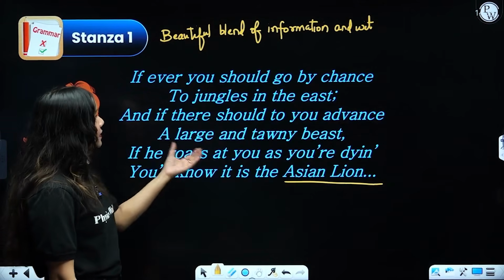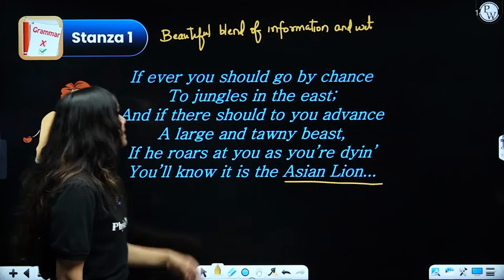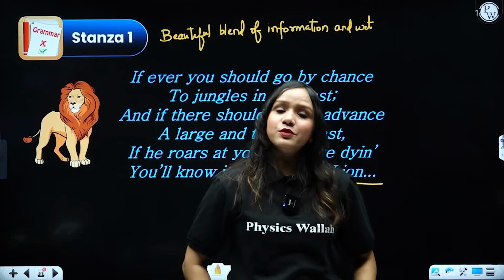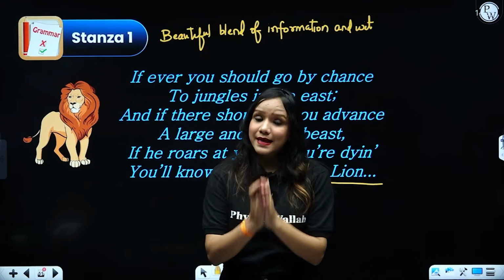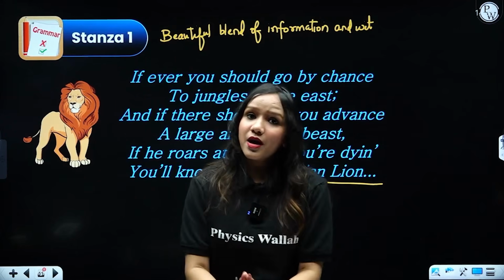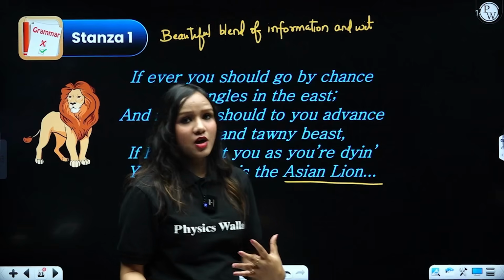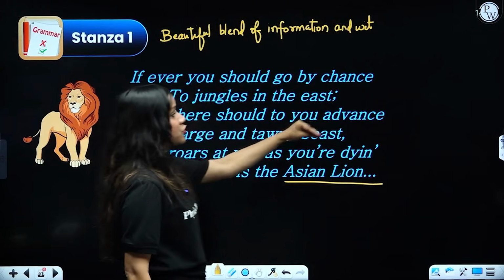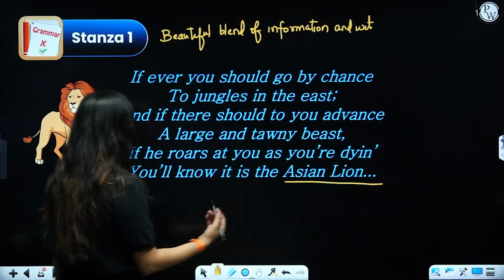right? So let's just look at the very first line. If ever you should go by chance to the jungles in the east. So the poem opens with a beautiful description of the Asian lion and just tells the reader, if by any chance you happen to visit the jungles, the eastern parts of the jungles, the eastern jungles, right? And there, if a beast should advance and you come across it, a large and